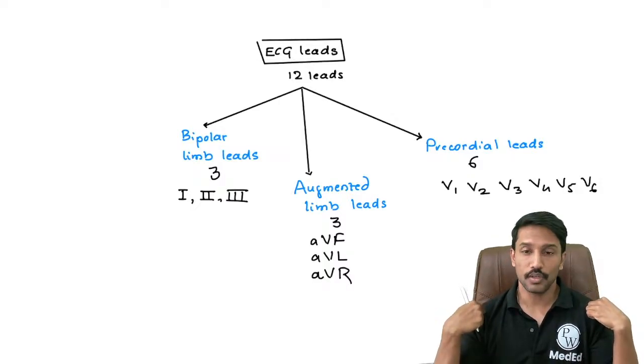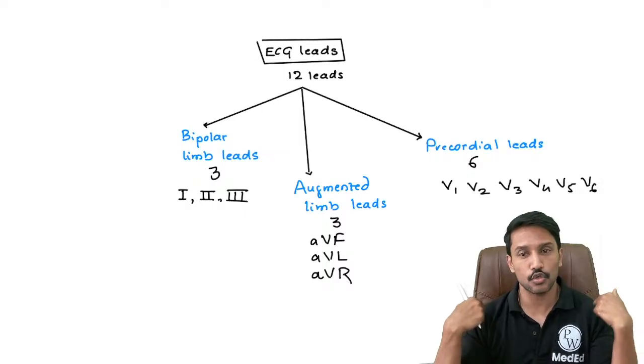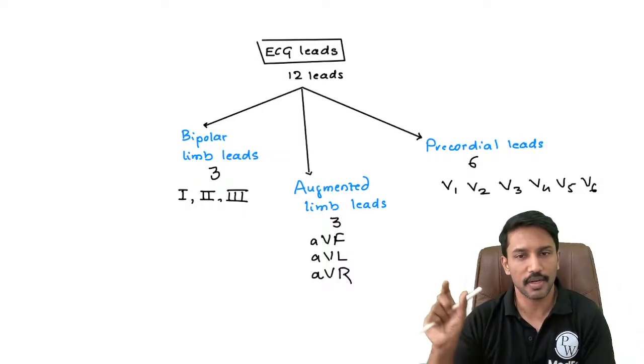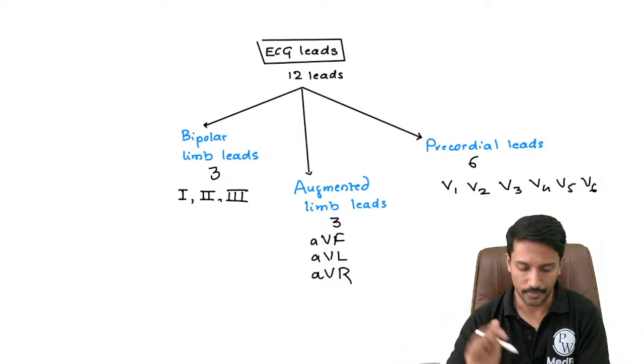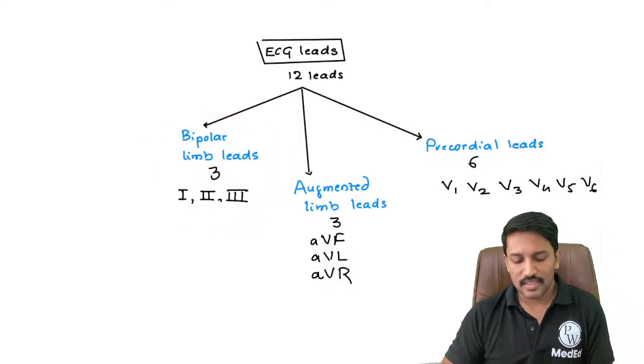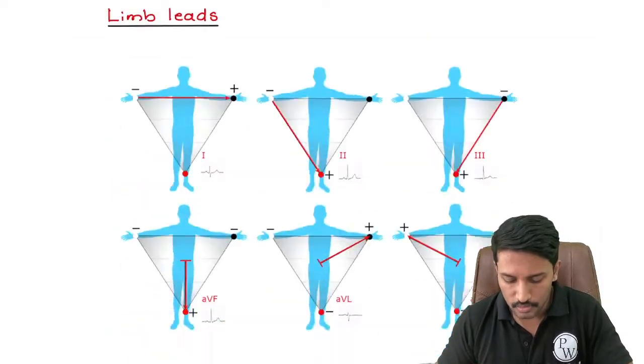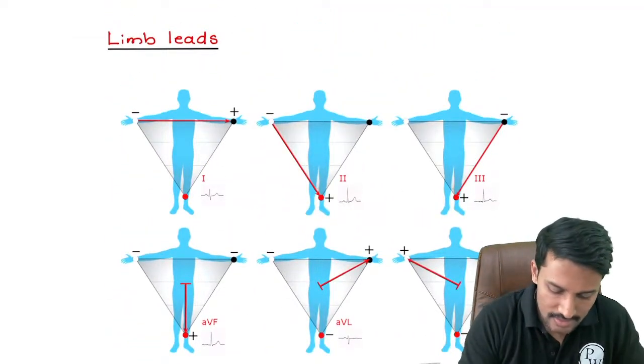Right? Now the flow of electricity, or the potential difference between these two leads, will be measured by the device. Okay. Now, why are we calling these 1, 2 and 3 the bipolar limb leads? In the bipolar limb leads, what we do is we place the electrodes